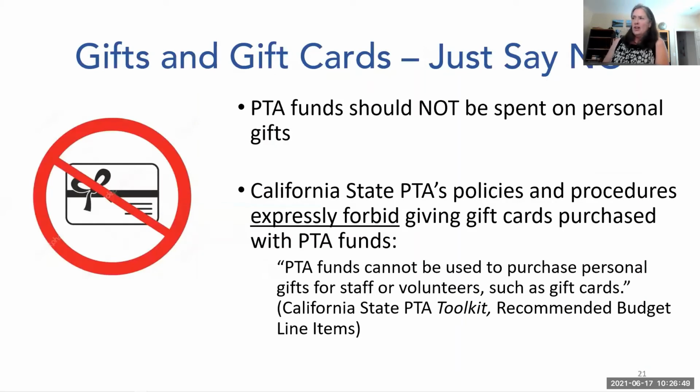And then gift cards. So giving a gift card is the same as giving someone cash. The IRS considers cash gifts, including gift cards and gift certificates, as reportable income on the recipient's tax filings. So giving a volunteer cash or cash equivalent like a gift card on behalf of the organization may cause them to be considered an employee or an independent contractor by government agencies.